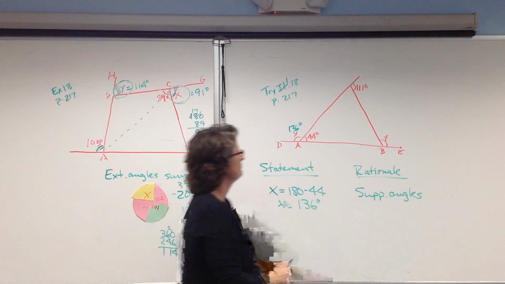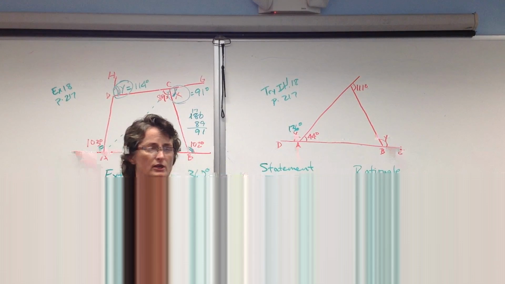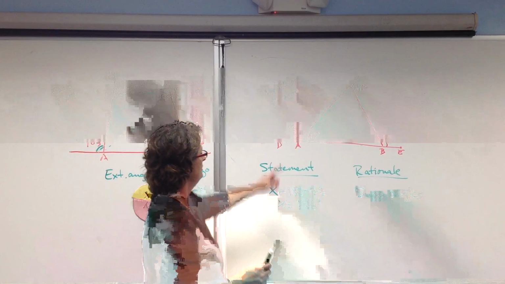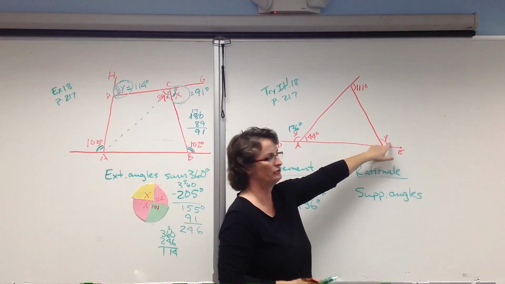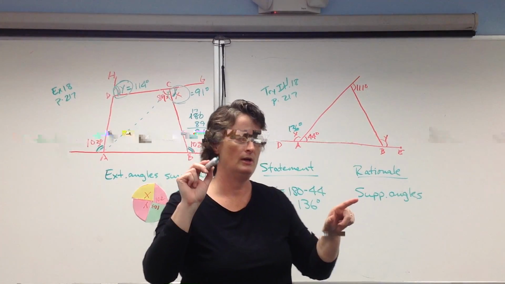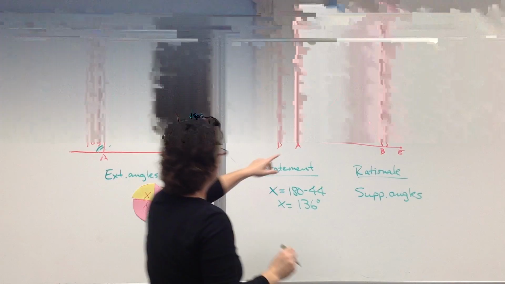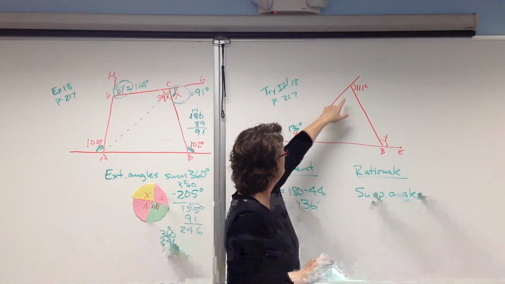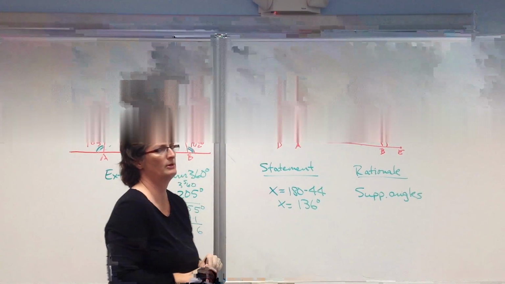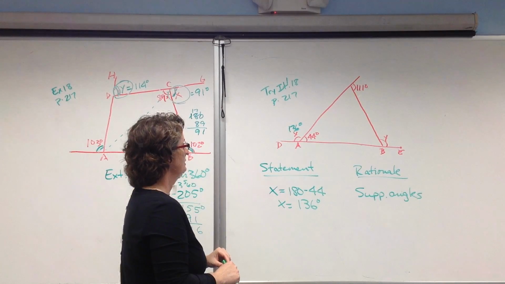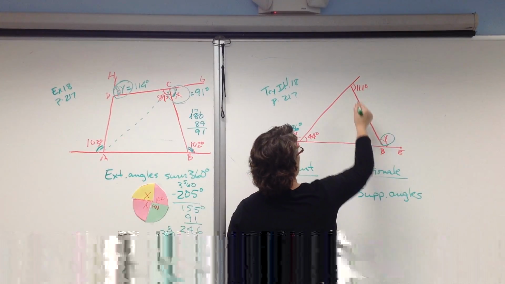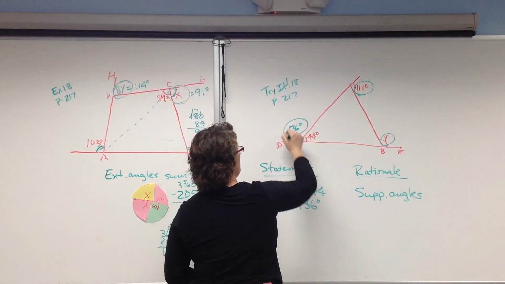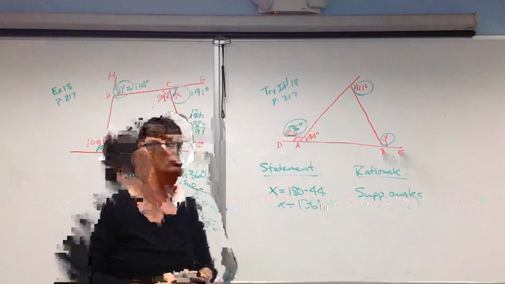Y. A couple of ways. We could solve for this angle up here, and then we know that the exterior angle equals the sum of the remote interior angles, so that would be these two. Okay, but that's not what I want to do here, because that's not emphasizing the new lesson. What's emphasizing the new lesson is that this is an exterior angle that we just found. And we know that all the exterior